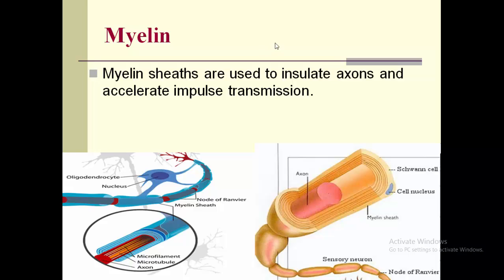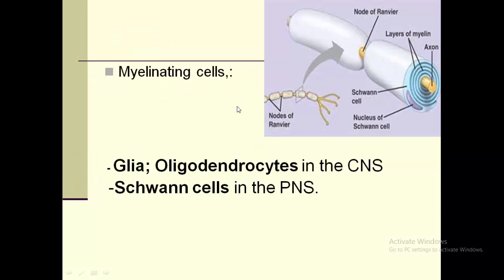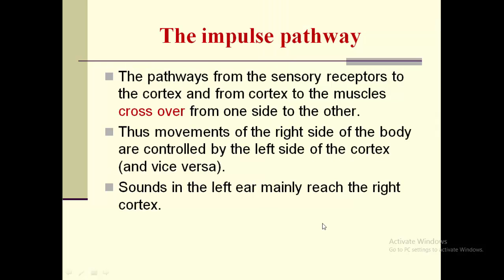المايلين شيث دي بتبقى used to insulate axons and accelerate impulse transmission، تسرع بالتوصيل الكهربائي. في خلايا الحقيقة منوط بيها أو responsible for تصنيع مادة المايلين في السنترال نيرفس سيستم. Whatever takes up this function are the oligodendrocytes اللي احنا جبنا سيرتها من شوية كنوع من أنواع الجلايا. بس على مستوى peripheral nervous system the cell that is responsible for forming the myelin sheath are called the Schwann cells in the PNS, that is the peripheral nervous system.